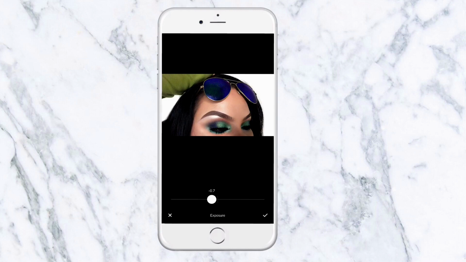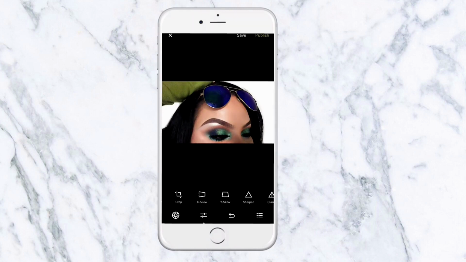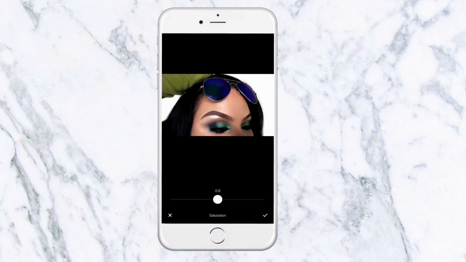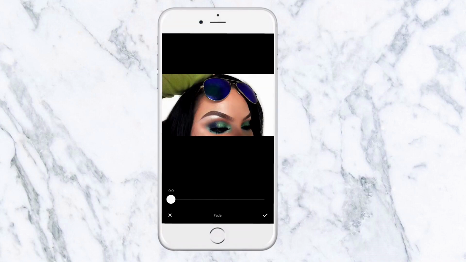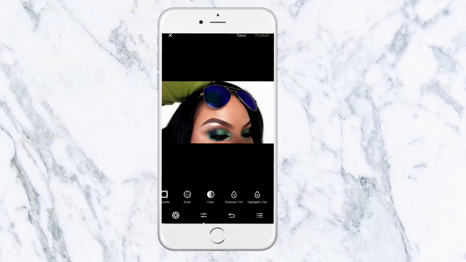Okay, so if you want to, you could use contrast, but I'm not gonna use that. Then I'm gonna add a little bit of saturation. Click save, and here you have other options, like if you wanted to fade it away, you could do that. And if you click it again, we're going to click save, and then if you click that again, you have